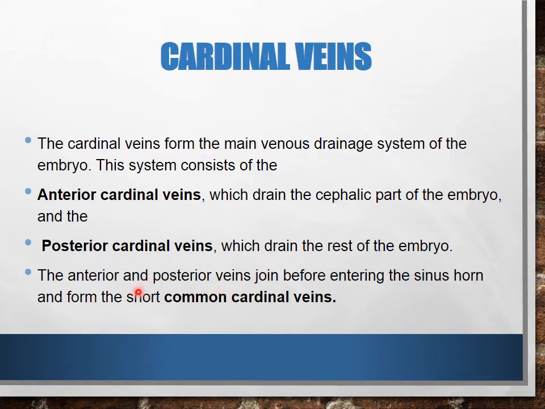The anterior and posterior cardinal veins are going to join together, forming the common cardinal vein, and this common cardinal vein is going to ultimately drain into the sinus venosus. So the anterior cardinal, the posterior cardinal, and its communicating branch, the common cardinal vein, are draining the rest of the embryo, and they are actually responsible for forming the venous system in the human body.